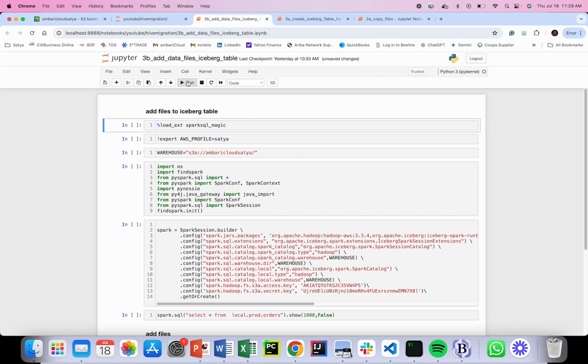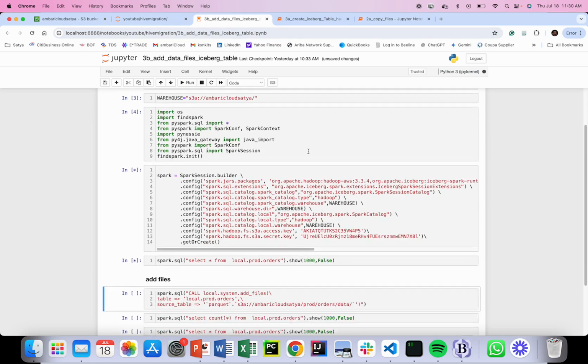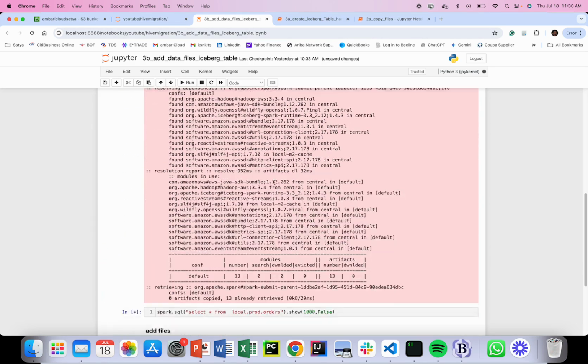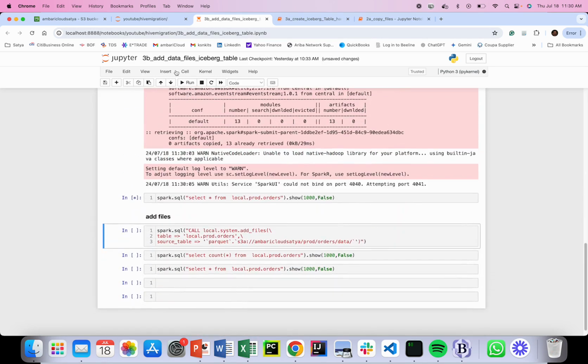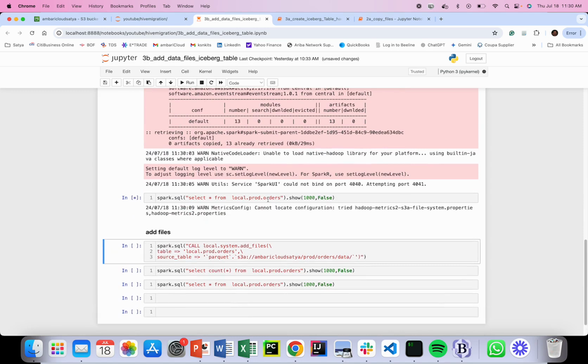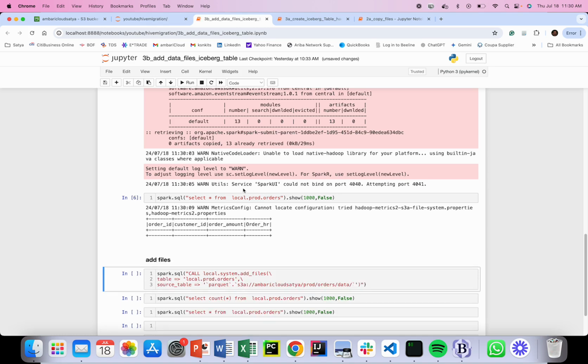I created a separate notebook just for presentation. I can do everything in this notebook too, but for easy use. Okay, so here, let me check the table. Okay, and check the count. I don't have any data. Then what we do is we're gonna attach